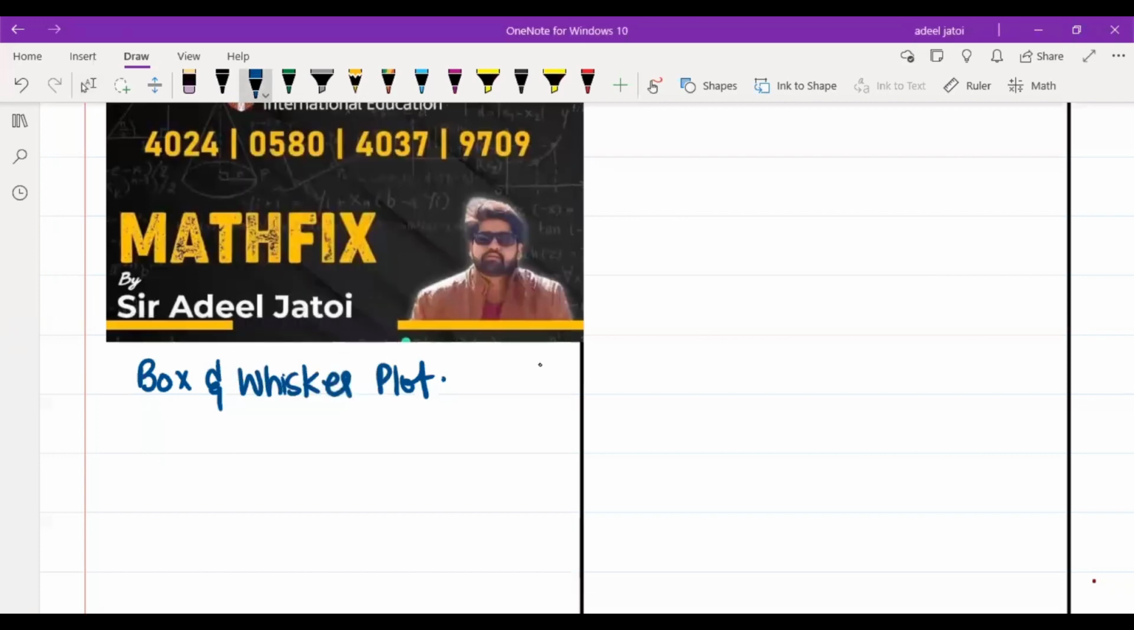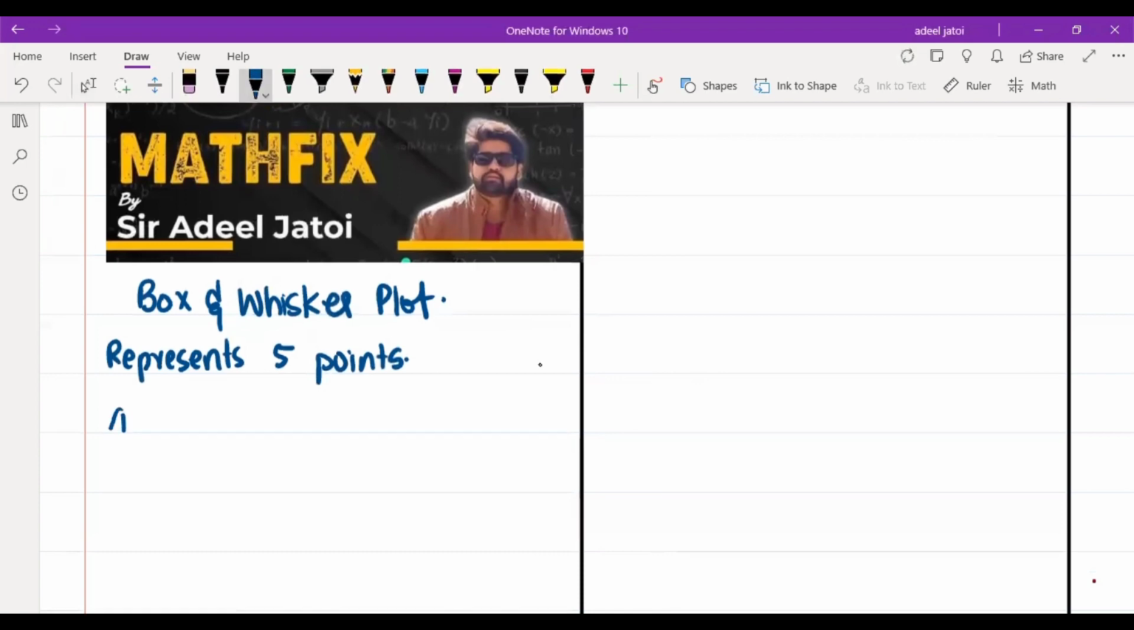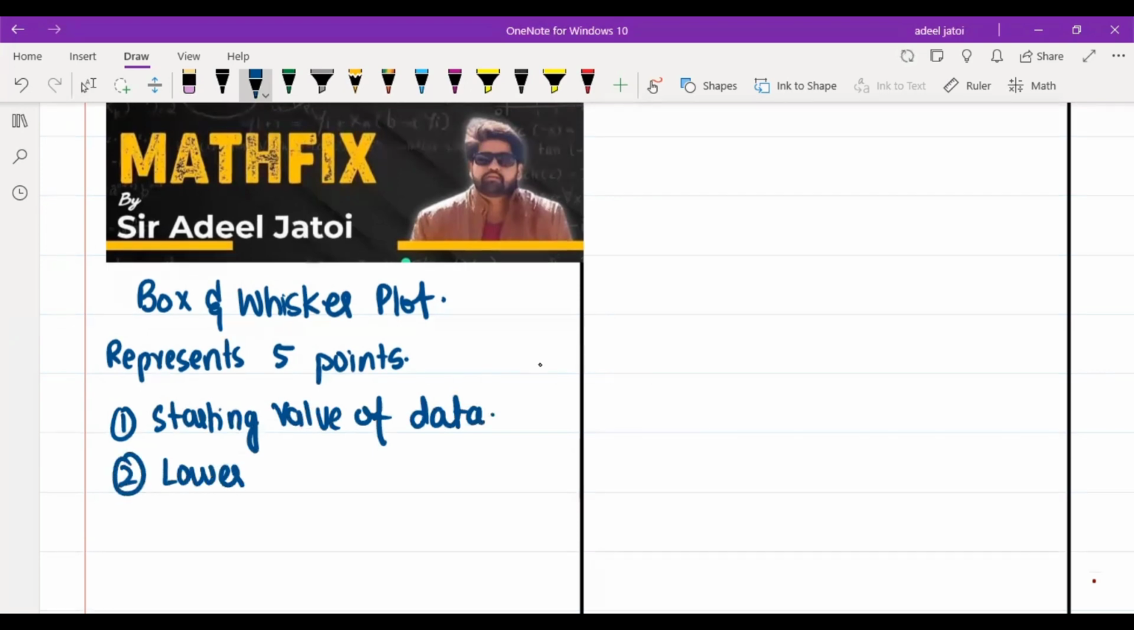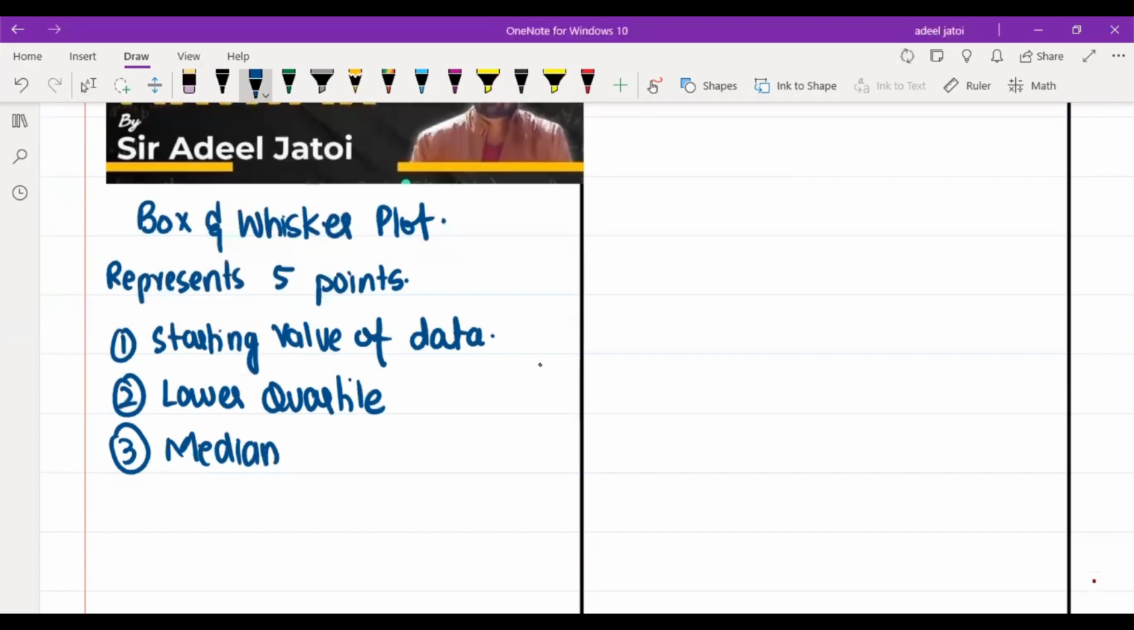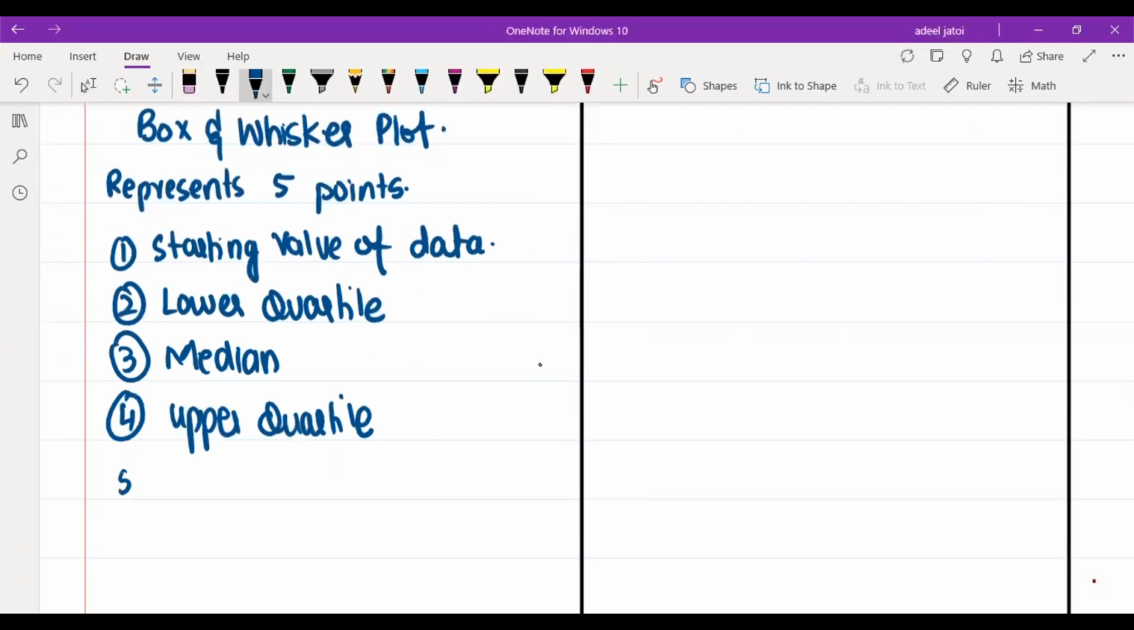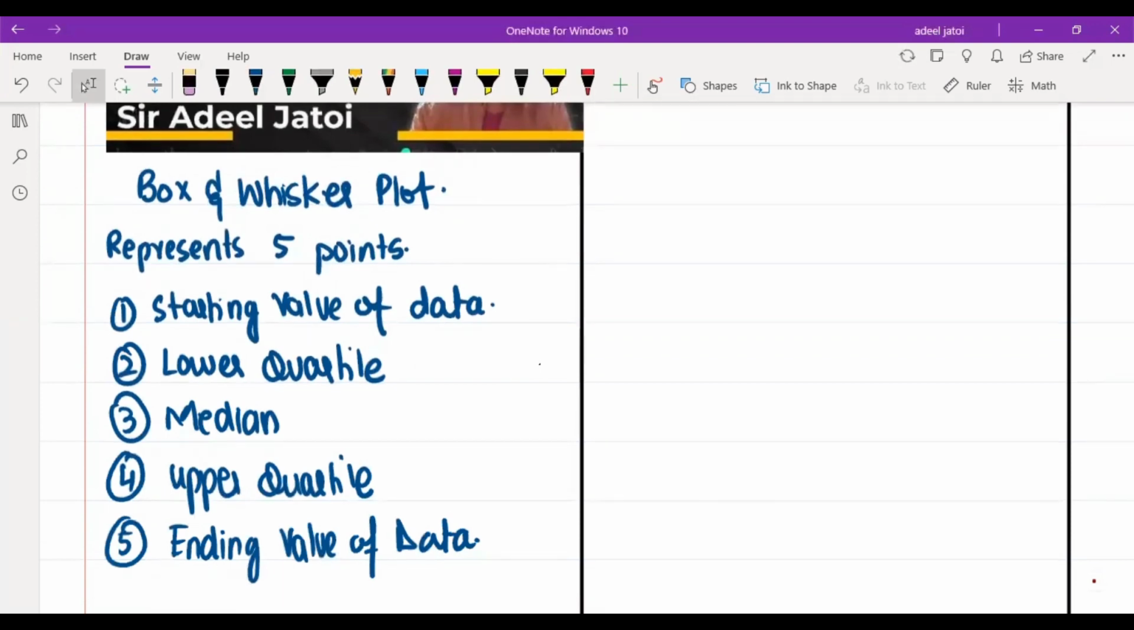Box and Whisker. Box and Whisker represents 5 points. Number 1, starting value of data. Number 2, lower quartile. Number 3, median. Number 4, upper quartile. And number 5, ending value of data. Now, since Box and Whisker represents these 5 points, these 5 points will be given to you, or